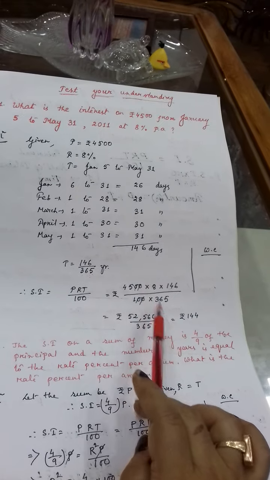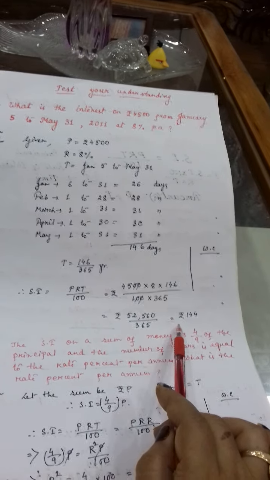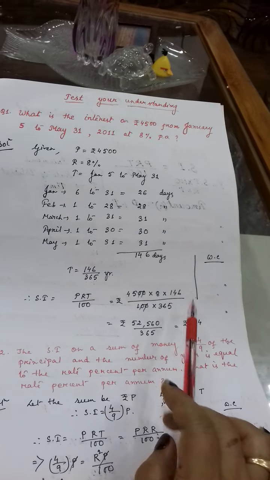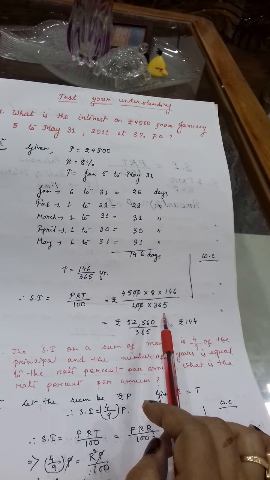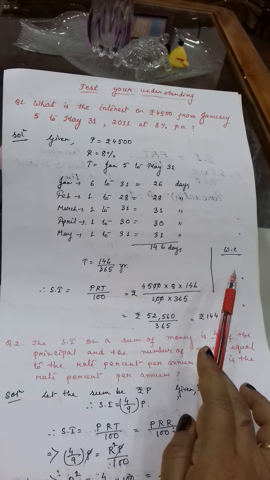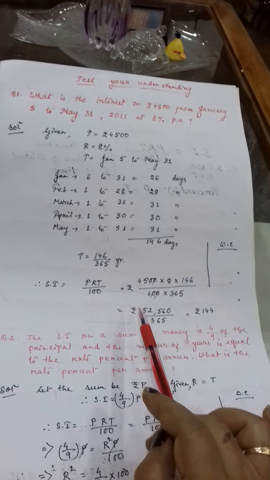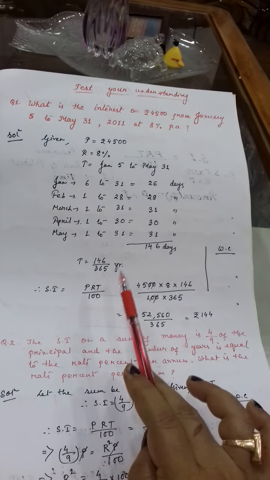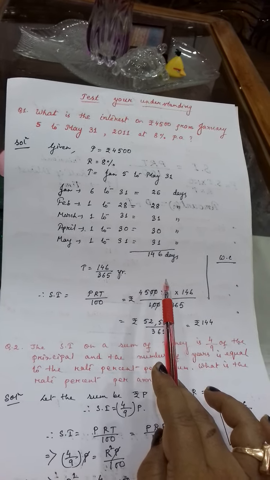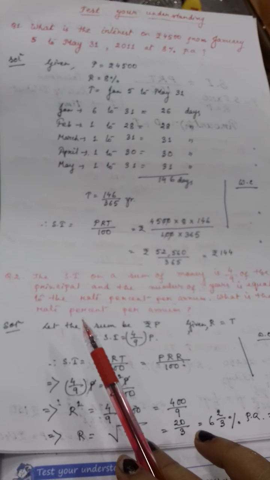Here you can simplify, here also I have multiplied, then I have done. Clear? But you can do the calculation according to your comfortable way. But whenever a working column is required, you must use the working column, student. Got it? So this is another way to find the simple interest if the number of days is given. Clear or not? Now one more question is there in your book.